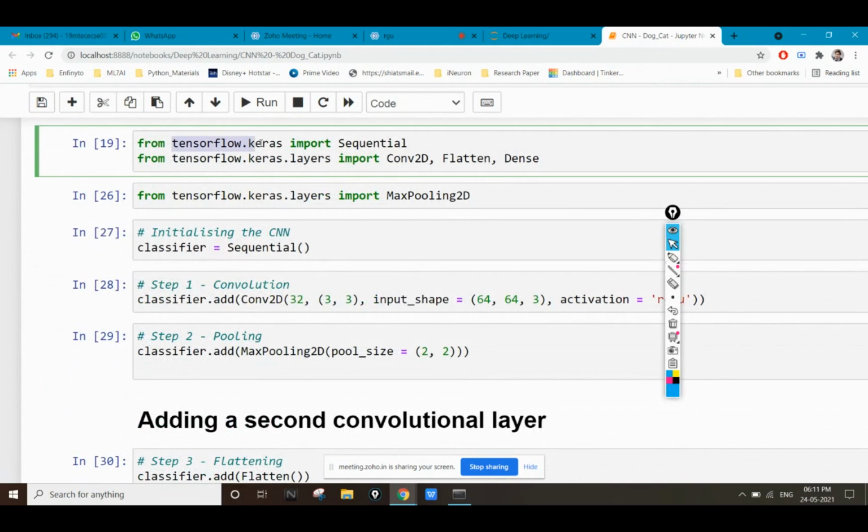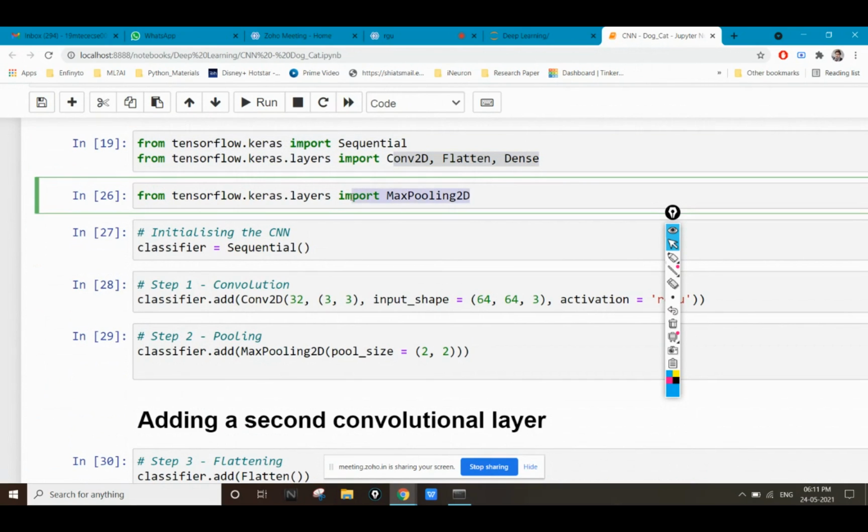So you can see tensorflow.keras import Sequential, then Conv2D, Flatten, Dense, and MaxPooling2D. This was just a basic import. You have to just copy and paste it and use it in each and every CNN model you are going to build. Now let's start building our CNN model.